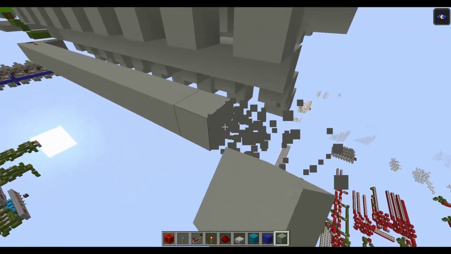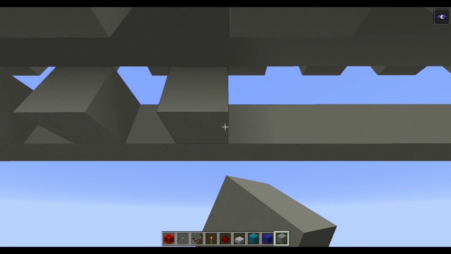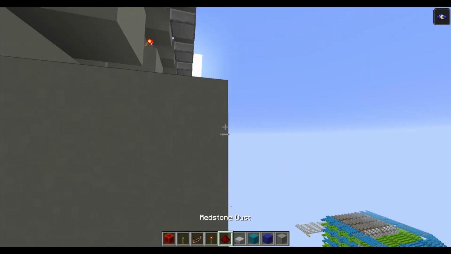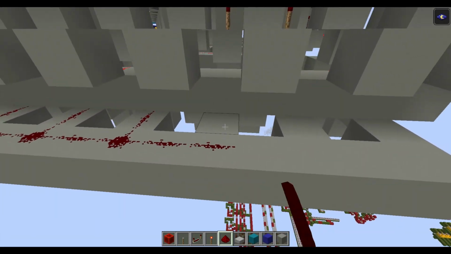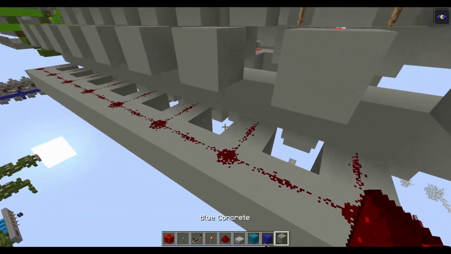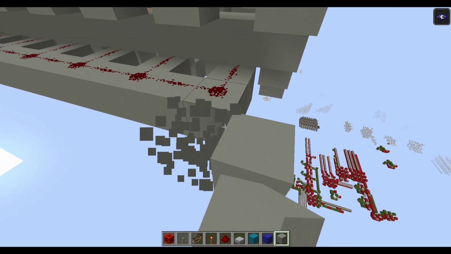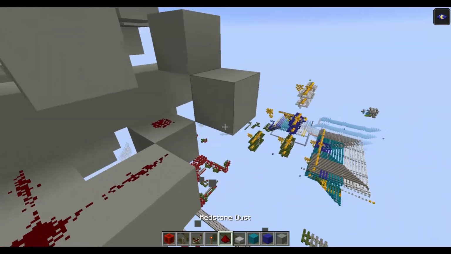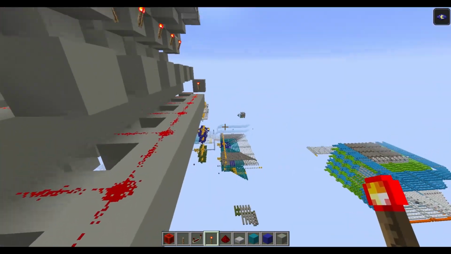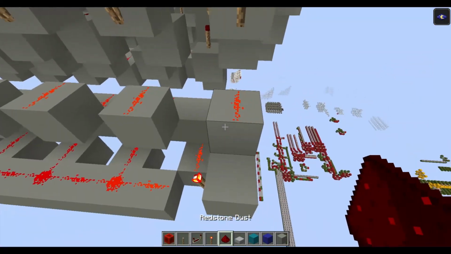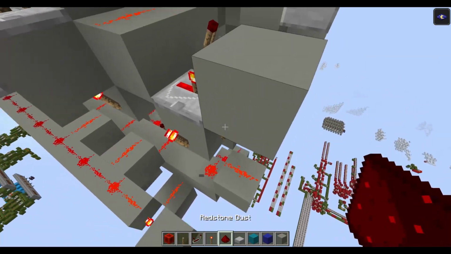And now we are here every 2 blocks, and now we can connect all of this. Also, you need to have the inputs of this line here. You don't have the choice because here we have 1, so you can't output here. So let's make the torch here.